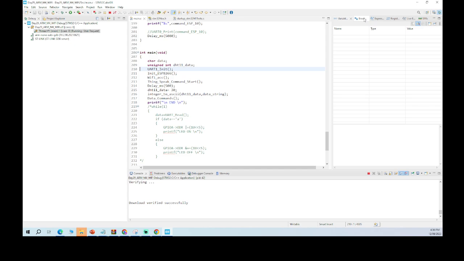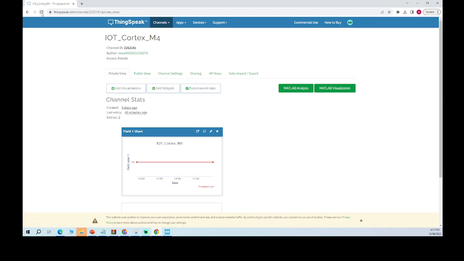So let's give it a few seconds. I will refresh this screen again. You will see the new entry will change as soon as it hits the ThingSpeak cloud. This data will change, so we have to wait. Sometimes it takes a bit longer, sometimes it's instant. So I'll keep refreshing the page. Yeah, it's still not through, but